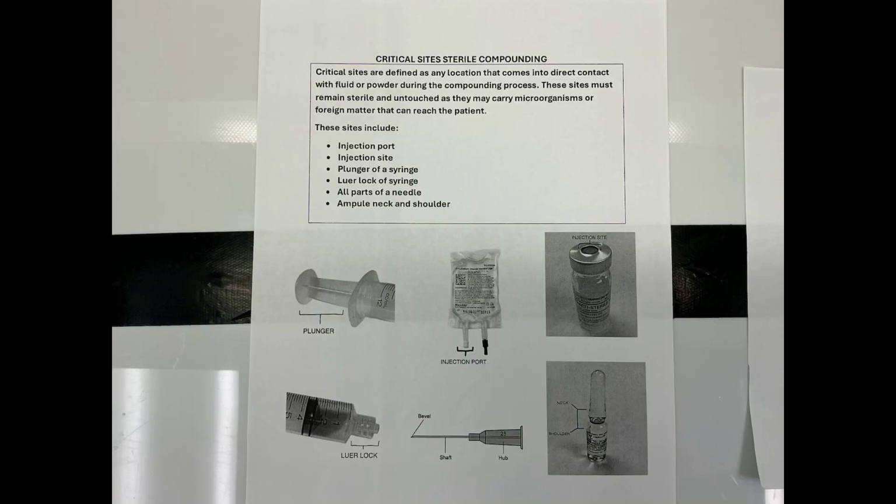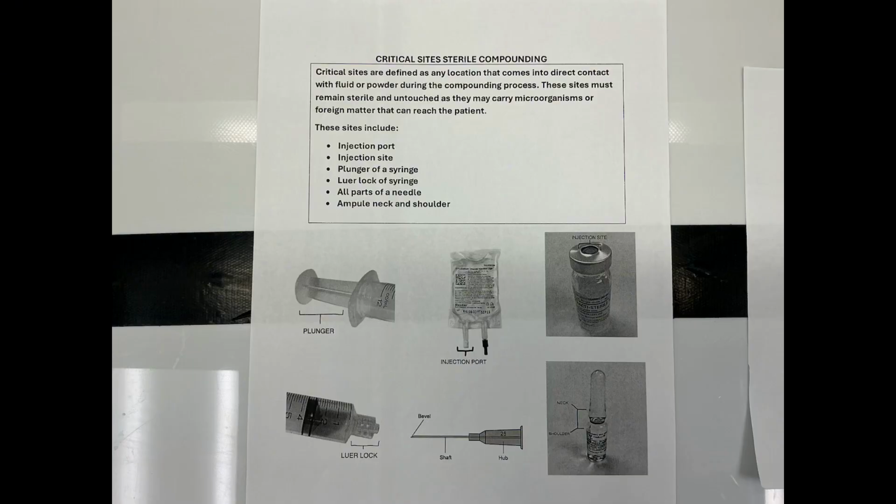I'm going to go over critical sites, airflow, and first air. So starting with critical sites, they are defined as any location that comes into direct contact with fluid or powder during the compounding process. These sites must remain sterile and untouched as they may carry microorganisms or foreign matter that can